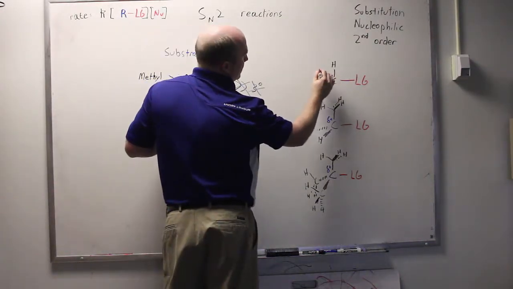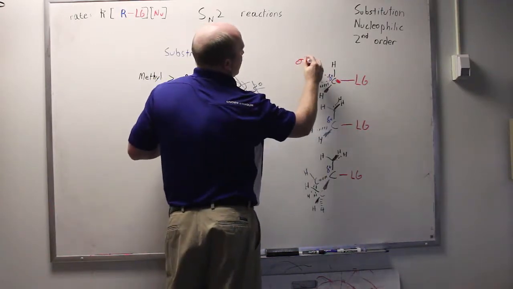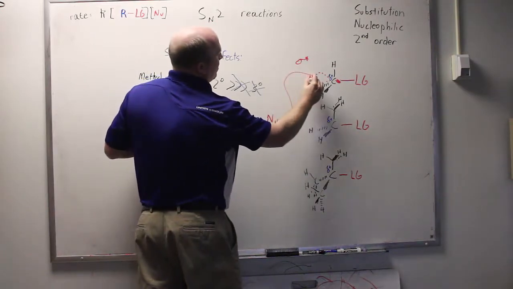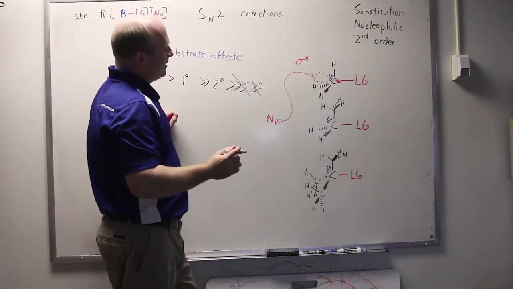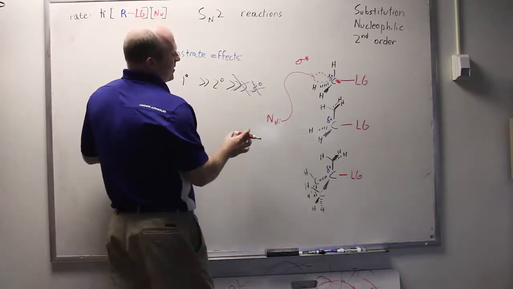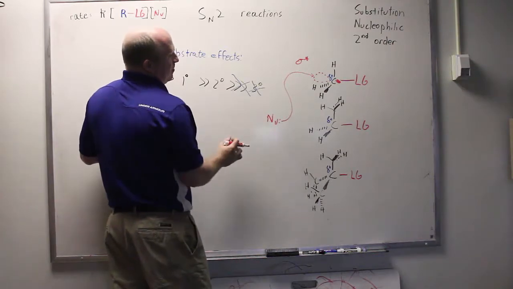Right here, behind this carbon, is a lobe for the sigma star that's going to need to be attacked. And in the methyl case, you can see that those hydrogens really don't get in the way very much. It's easy to gain access to that orbital, and it doesn't matter what the size of the nucleophile is, to some extent. The nucleophile can get in there relatively well, or at least the atom of the nucleophile can get